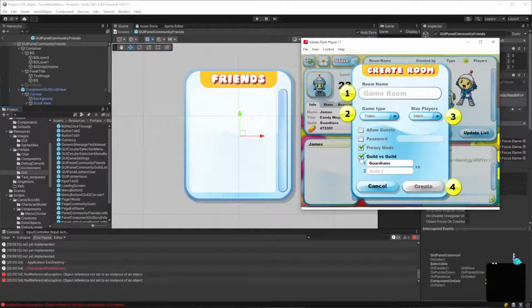And it's good for tournament and that kind of stuff. If you want to do a guild versus guild tournament, you could always just do teams and whatever. But if you go guild versus guild, I think it auto separates the teams based on your guild. I'm not sure. I don't recall. It was so long ago.